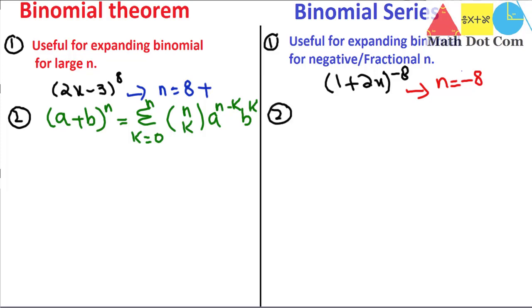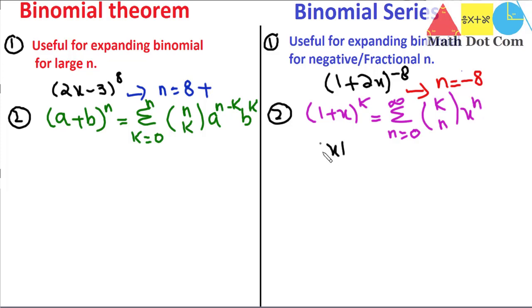So the general formula of the binomial series is (1 + x)^k equals the summation from n equals 0 to infinity of k choose n times x raised to the power n, provided that one condition here is that |x| should be less than 1. So this is the general form of the binomial series whenever you have to expand an expression having a negative power or a fractional power.